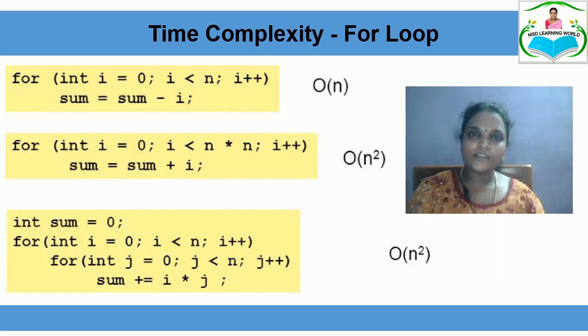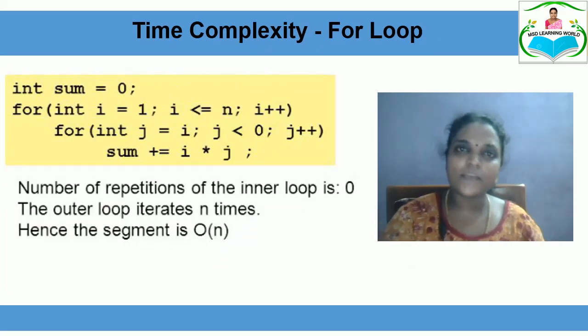That is, the statement inside the for loop is going to be executed n square number of times. Coming to the nested for loops, the outer for loop is executed n times and the inner for loop is executed n times. By multiplying both loops, we get a time complexity of order of n square, where the statement inside the inner for loop is executed n square number of times. So, the time complexity is order of n square.